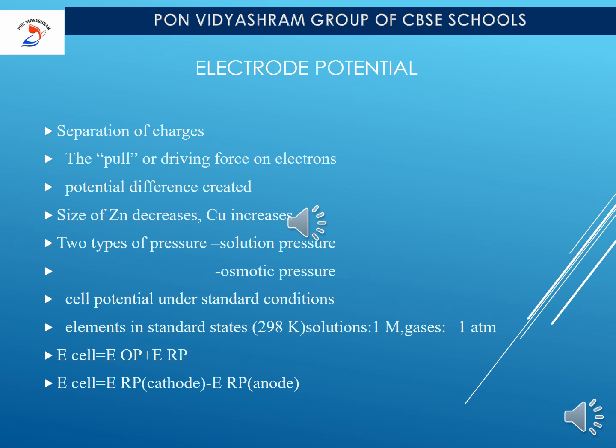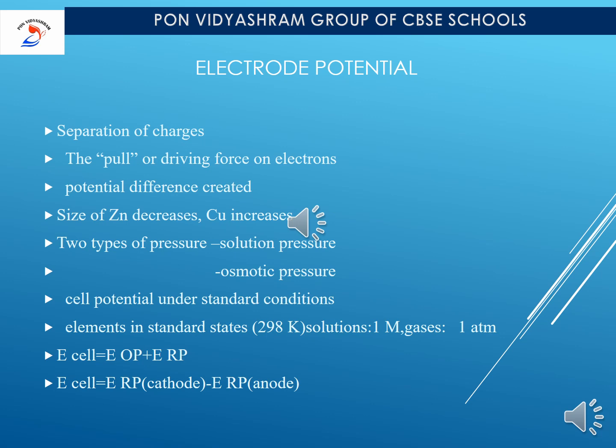In the second case, solution pressure will be lesser than osmotic pressure. So on the right side, Cu2+ absorbs electron and converts into copper, moves towards the copper rod and settles down. So half reduction reaction occurs. So the weight of rod will increase. Already we have seen this in the galvanic cell diagram. So solution becomes negative. So reduction potential is created, that is ERP.